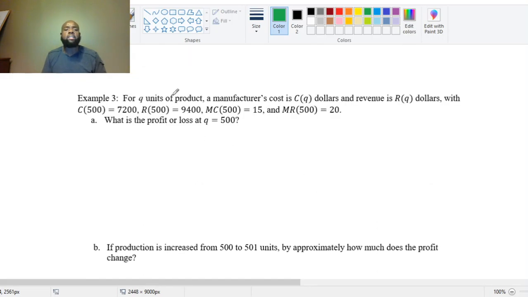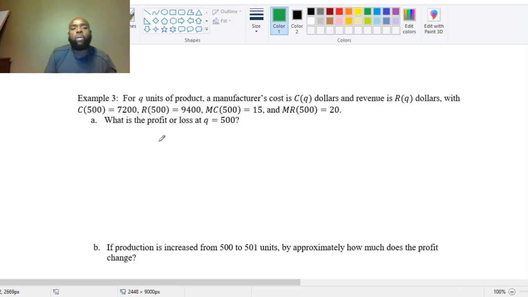It says for Q units of a product, a manufacturer's cost is C of Q dollars and the revenue is R of Q dollars, with C of 500 equals 7,200, R of 500 equals 9,400. Marginal cost at 500 is 15 and the marginal revenue at 500 is 20, right? So we have stuff about the cost and revenue as well as marginal cost and marginal revenue at Q equals 500 quantities of items. All right, and so we want to know what is the profit or loss at Q